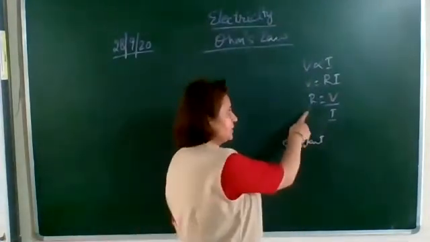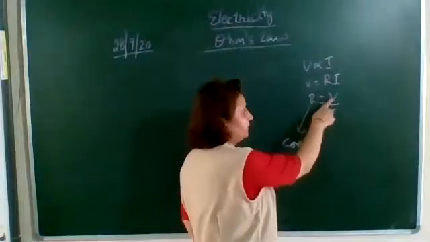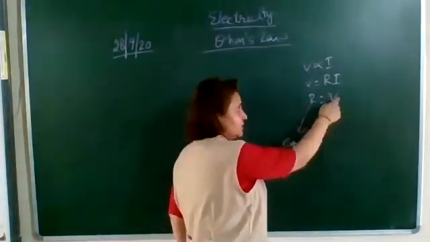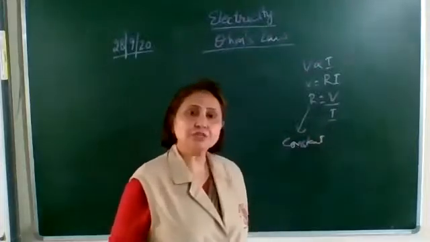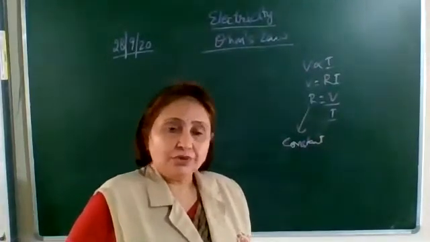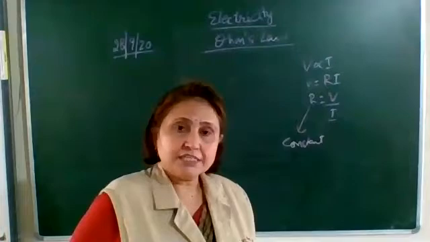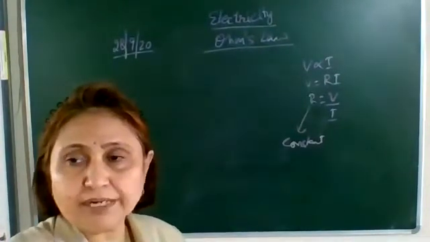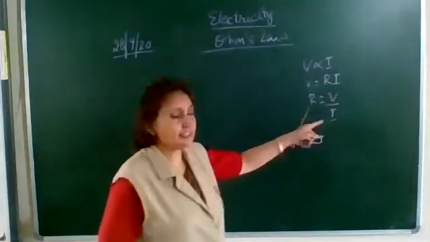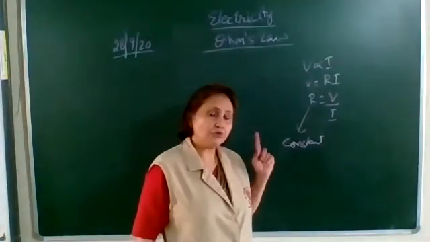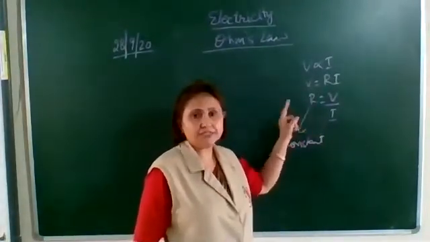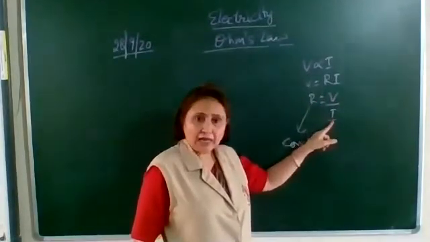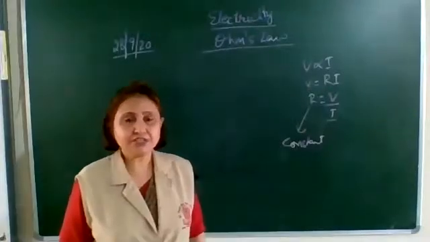Okay, then the unit of resistance, ohm. 1 ohm can be defined as 1 volt upon 1 ampere. Okay, if V is constant, then I is inversely proportional to R. So in different electrical components, we have to regulate the current. Sometimes we want more current in some of the components and sometimes less current is needed. So, how to regulate the current? By changing the resistance. Okay, the voltage source is constant, so I can be regulated by changing the resistance.